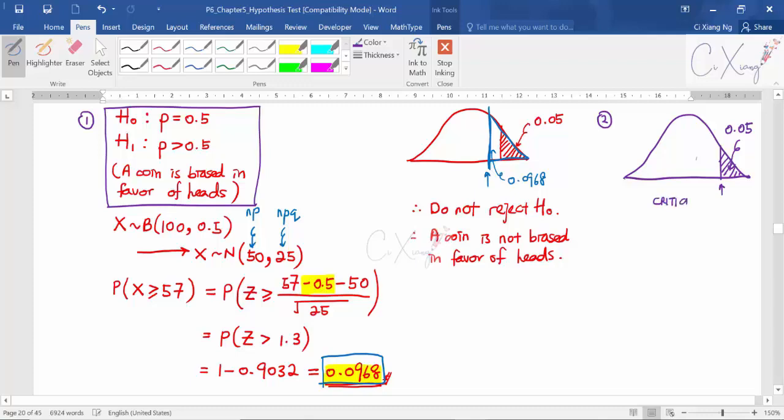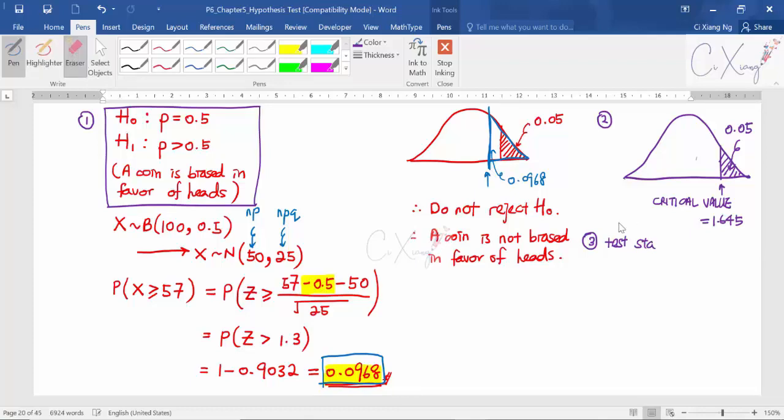So what's the critical value here? Okay, so again, critical value, if you find out from the table, you will get 1.645. So this is the second step. So the third step, I want to calculate my test statistics. So for test statistic,